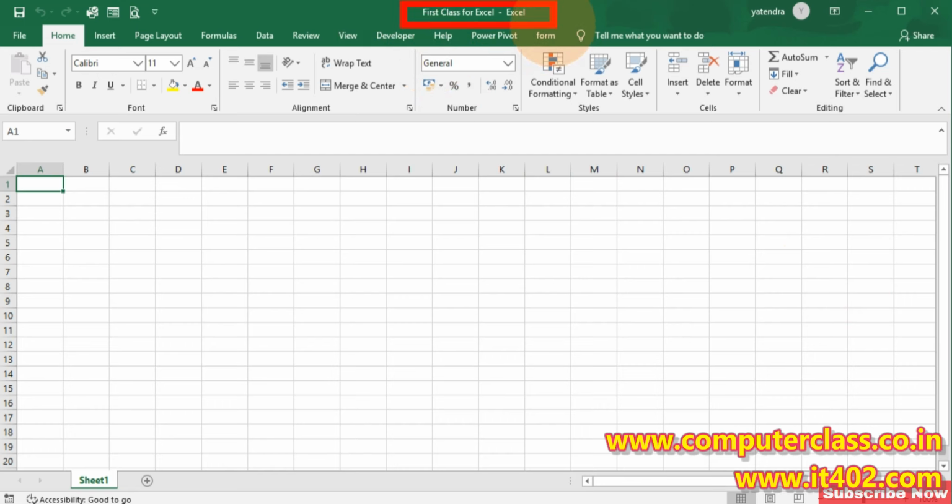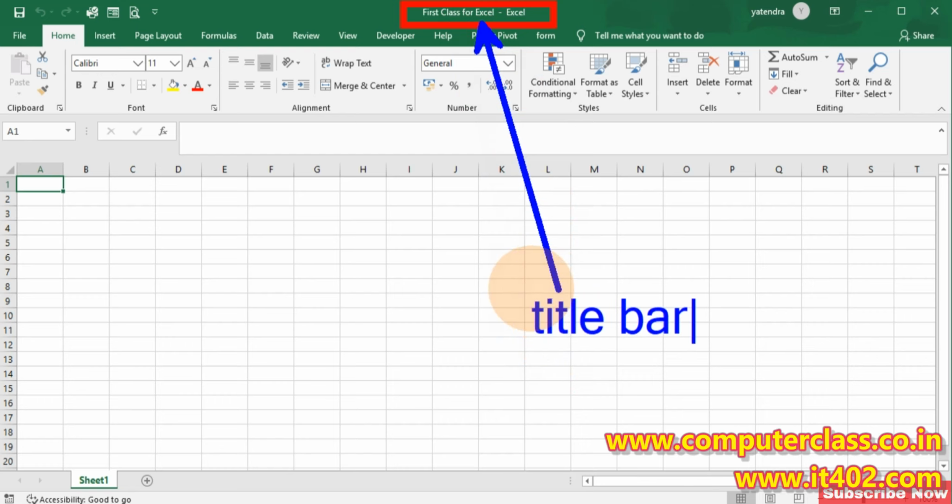Whatever file is currently open, you can easily identify that particular file.